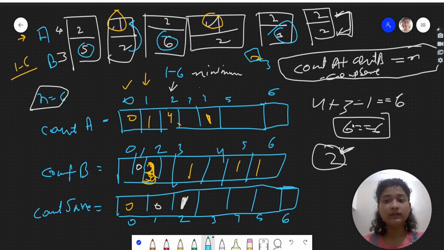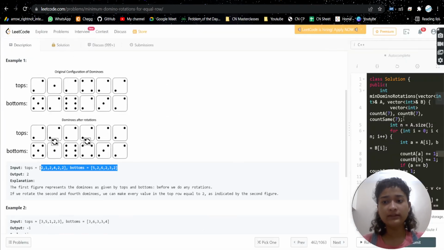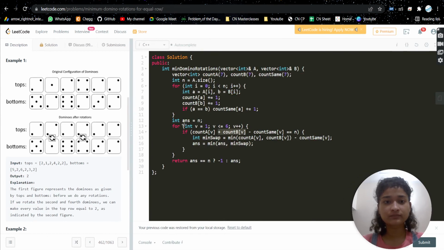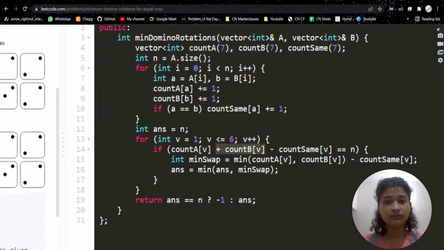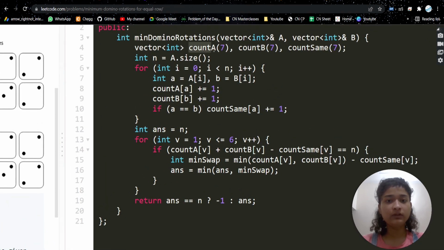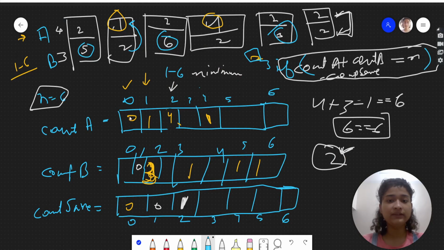So let's do one thing. Let's see the code up till now where we check this condition. Okay, so the code will be something like this. Here we are taking count vectors, 3 vectors of size 7.